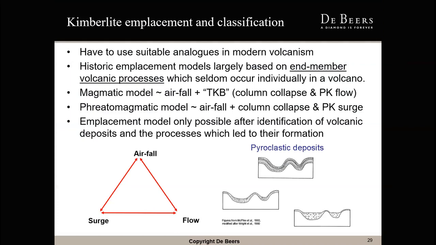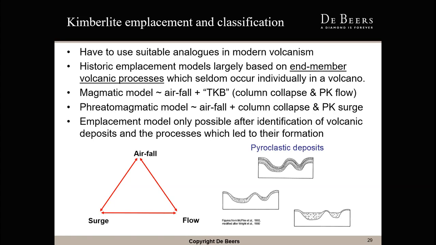As we said earlier, there are no current volcanic eruptions going on that would represent a kimberlite. So therefore, we have to look at analogs in modern volcanism to understand how a kimberlite would have been placed. The historic emplacement models for kimberlite are largely based on, or have focused on, end-member volcanic processes. So in other words, for example, a gaseous eruption would rather be focused around airfall and maybe some pyroclastic flow type processes. The phreatomagmatic model, on the other hand, would encompass processes such as pyroclastic surge, also with